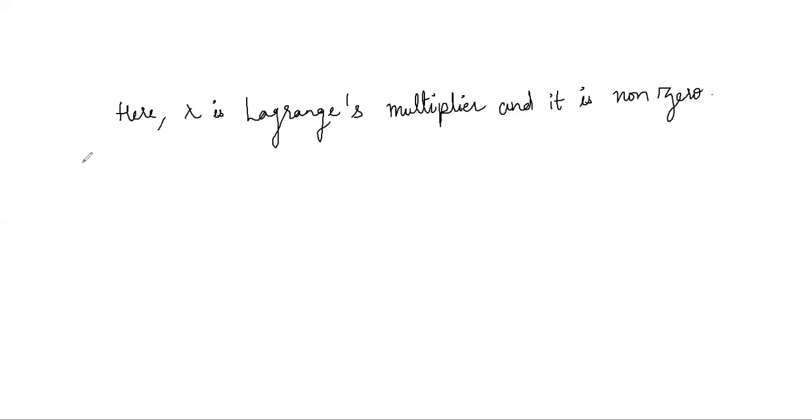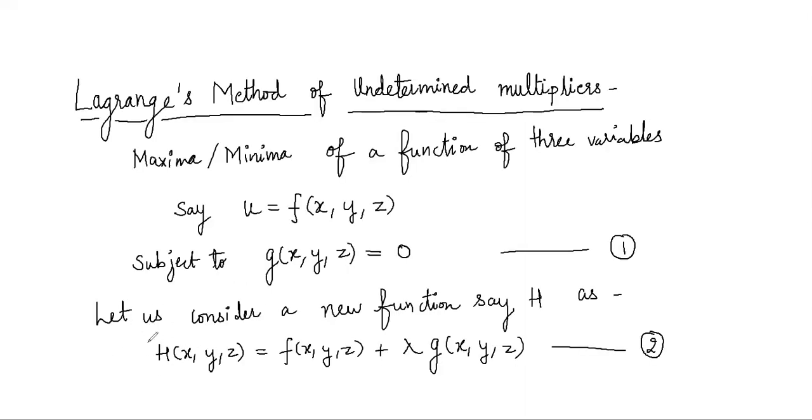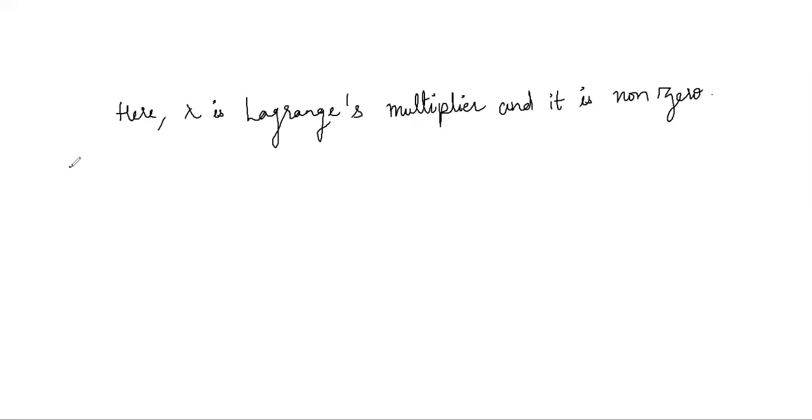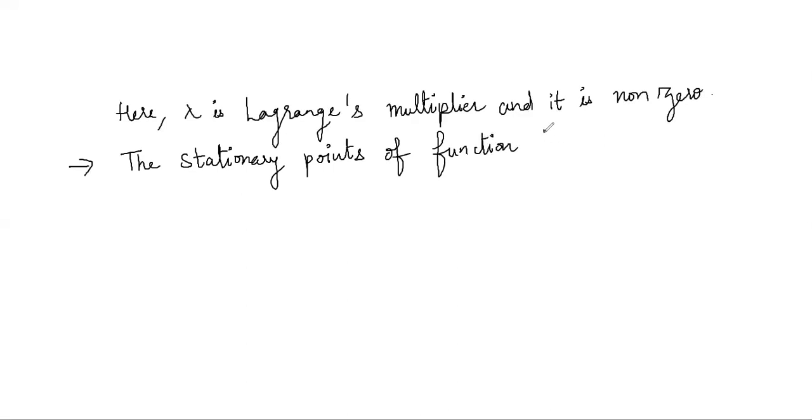Now the stationary points of this new function which we have defined, h, will be given by the equations. The stationary points, or you can say the critical points, of function h are given by